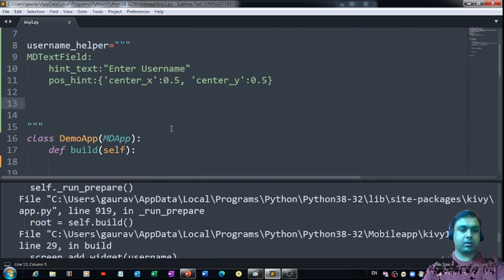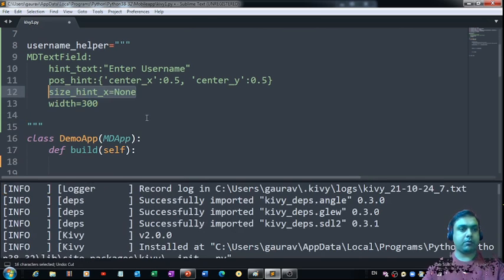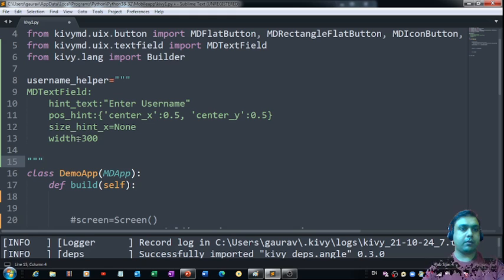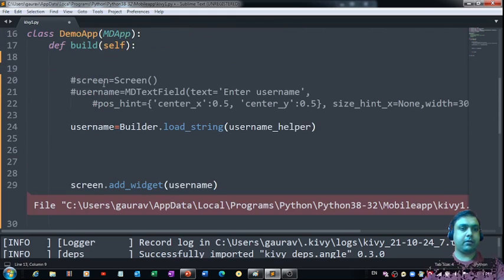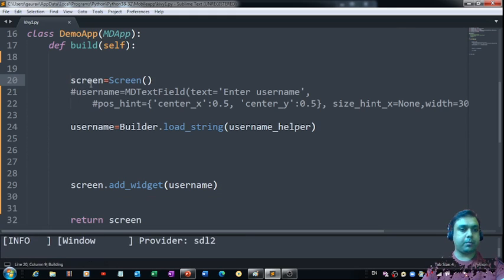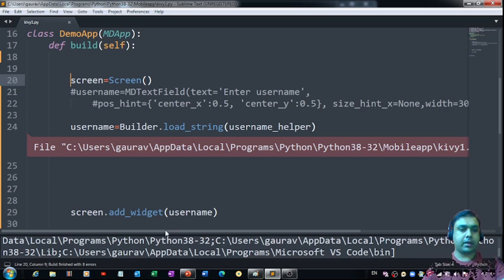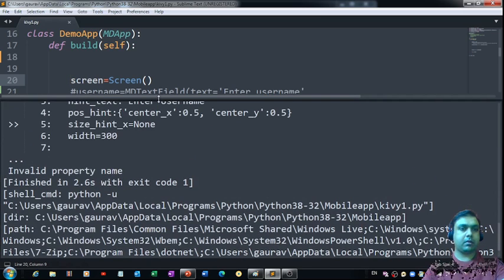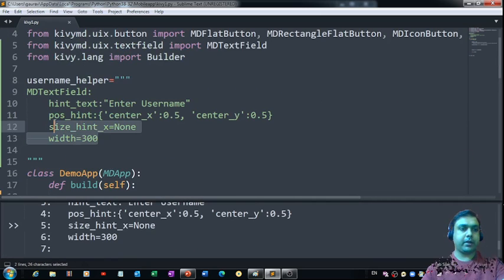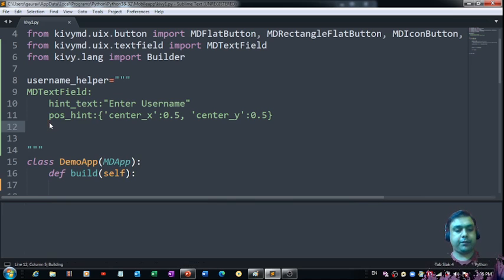Okay, let me just check it right from the beginning. So I would like to put this back again over here. No problem, we'll be able to resolve this issue. This is MD text field, perfectly fine. Okay, we need not comment it out. This is important. We commented it out, maybe that's the reason we were getting an error. Now also we are getting an error. What's the error? Okay, so it's not able to identify these two lines of code. Now if I save the change and run it,